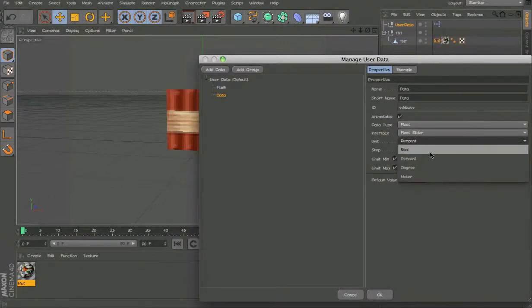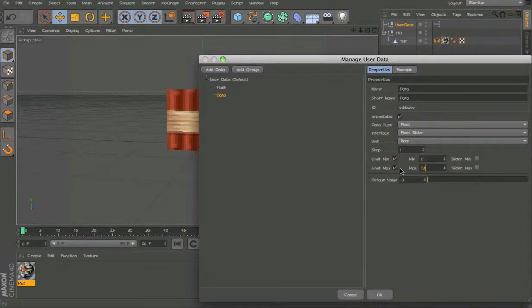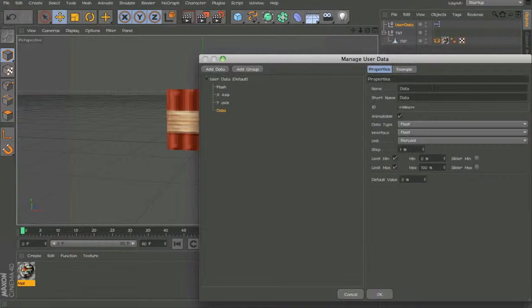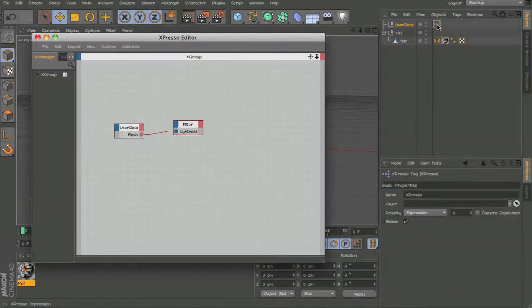Get a float slider, a real, about 10, name it X axis, and copy that and paste it and name it Y axis, and enter. Oh, one more, scale, float slider, and 2, I think it was 2 or something, 1, 2, 2, yeah, and okay, now,